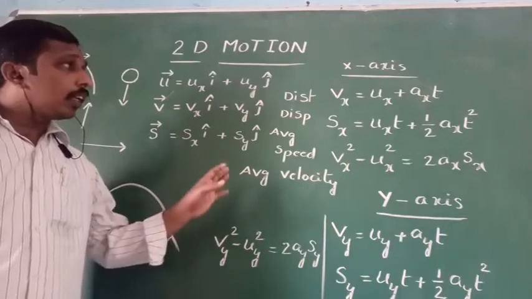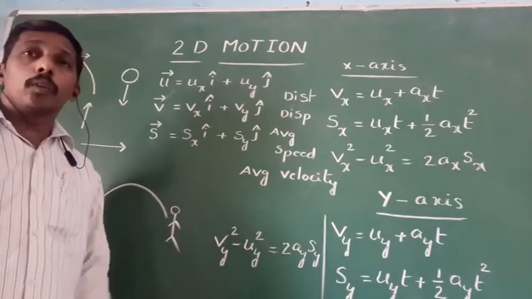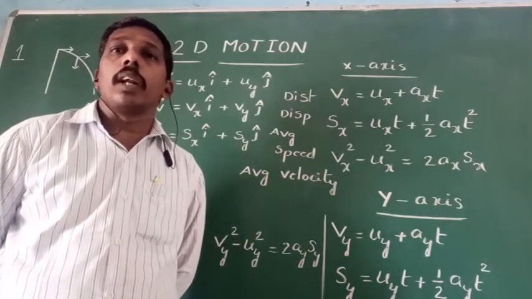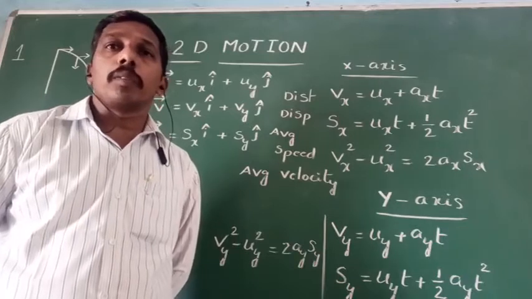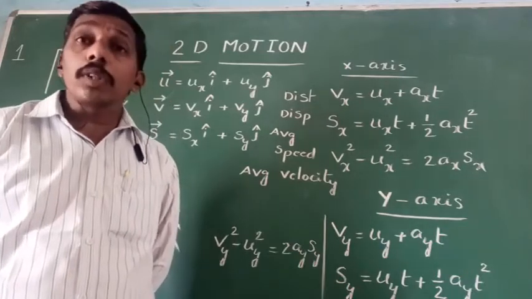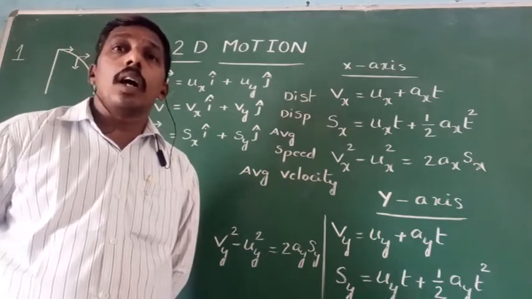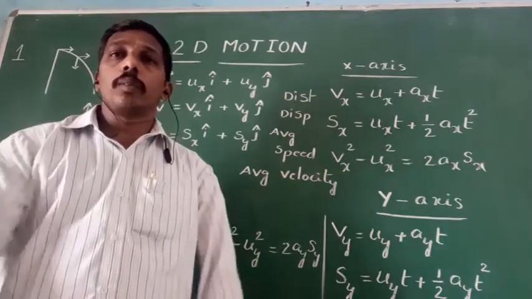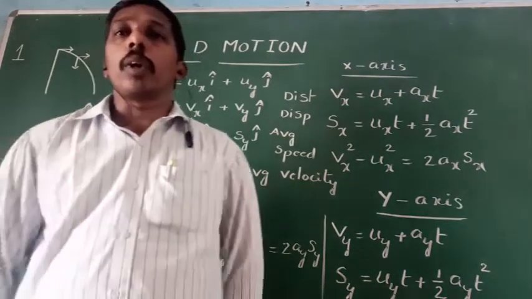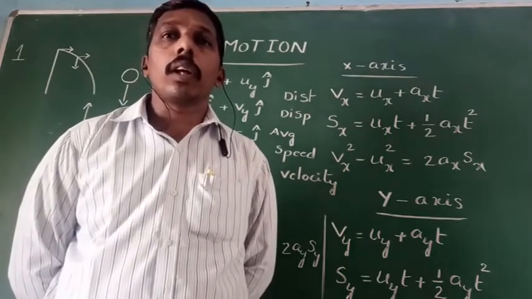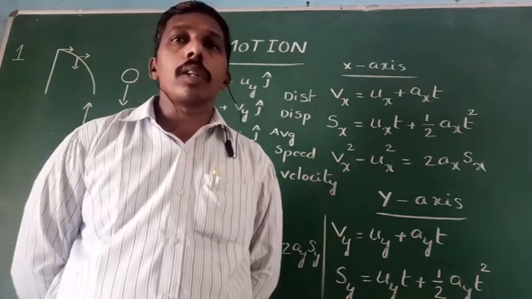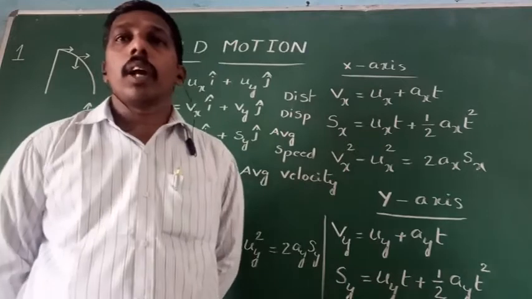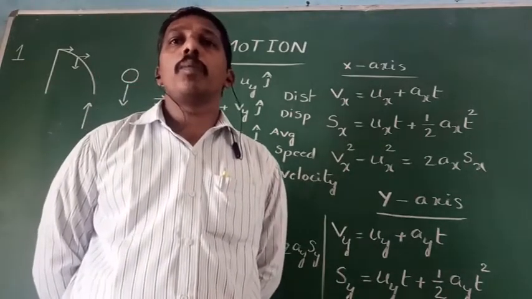By using these equations in our daily life, we solve rain umbrella problems, aircraft wind problems, and next, projectile motion. All these motions come under the category of two-dimensional motion. In two-dimensional motion, we also use river boat problems: how we can travel across the river. To travel across the river, by using these equations, we can derive some equations. Aircraft wind, rain umbrella, and projectile motion.